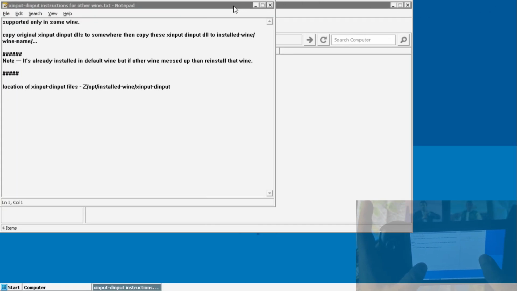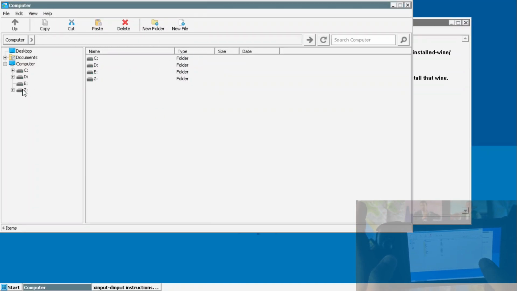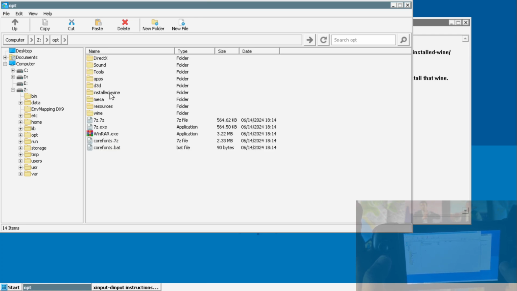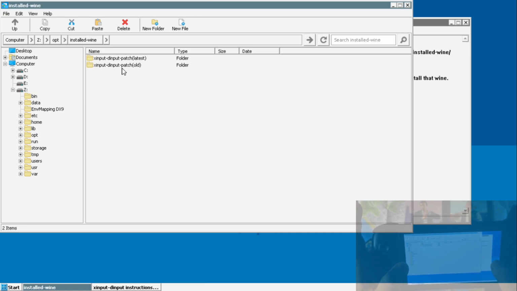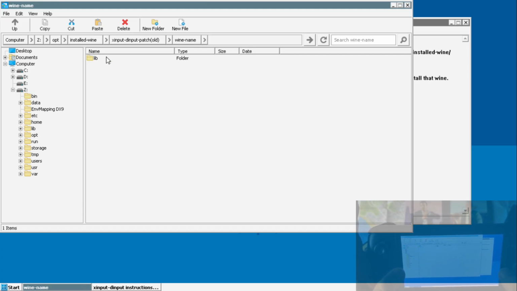So let me just drag this to the other side. Okay, so you need to go inside this Z folder, and then go to OPT. From here you need to go to install Wine, and then you need to go inside this particular folder, which is the XInput patch old. I tried the latest one, it doesn't work in my case. So you go inside this, you go to Wine and Wine folder, lib, Wine, copy this. I'm going to redo this step again. Okay, once you have copied these files,